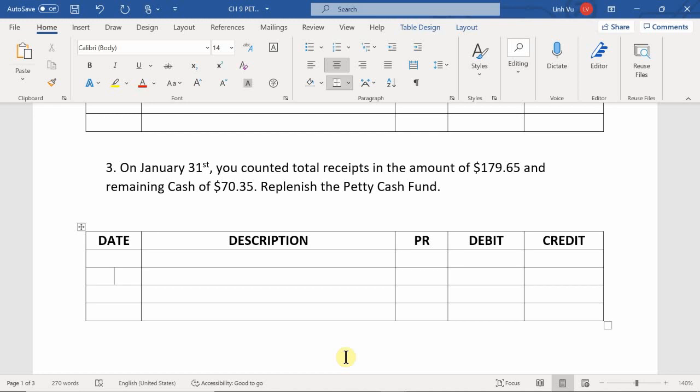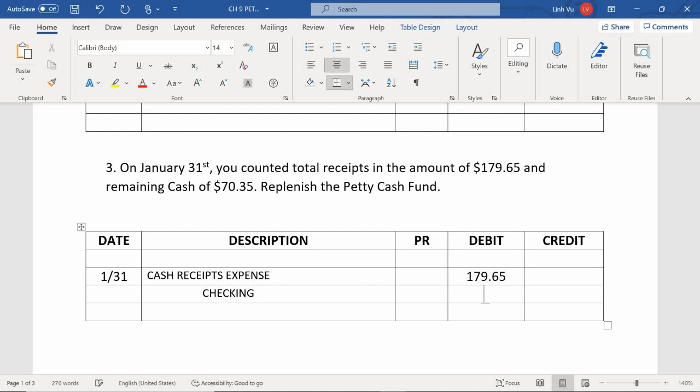So in this case, it is January 31st. I'm going to have you say these are cash receipts expense, because I didn't give you a list of the expenses. Since Nancy said that you're going to recognize this line item, of course, you're going to list out every single expense that occurred. But in this case, I didn't give you that. So, 179.65. And here, in order to keep my petty cash drawer at $250, I need to put that money back